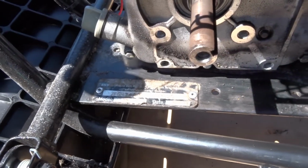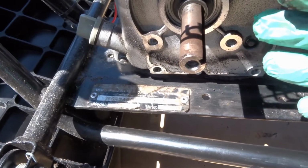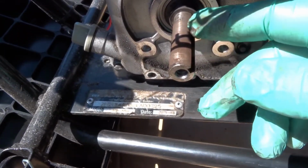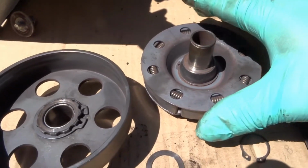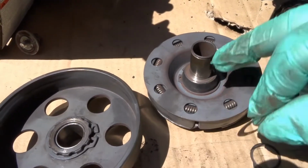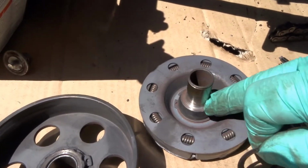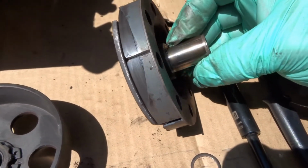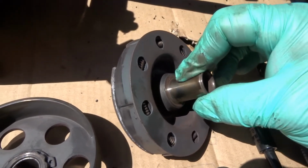This bike is pretty new, and fortunately, I haven't driven it a lot. I don't think I've caused any damage to the bushings and stuff. But that's one sign that they didn't put any grease on there. And then also looking at this piece here, this is where the washer goes on. You can see corrosion down in here where this fits on, down below. There shouldn't be any corrosion there. And again, the shaft might not show in the video, but that looks like discoloration from it getting hot,